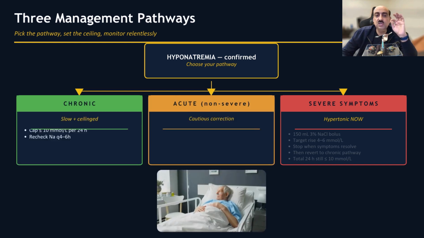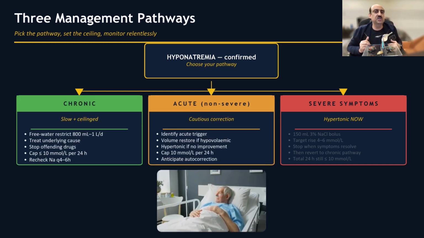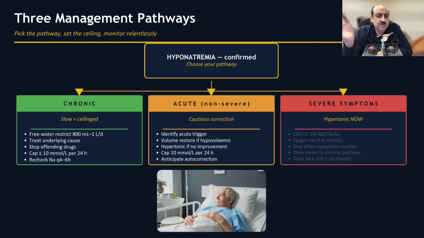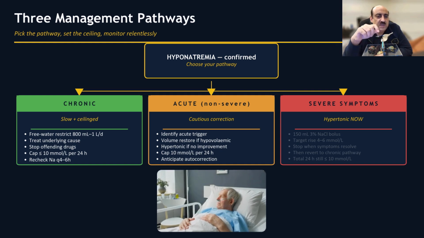Then acute non-severe, again, cautious correction. Identify the cause, look at the trigger, restore volume if the patient is hypovolemic, and frequent monitoring. Add hypertonic saline only if symptoms develop, and the same cap as the 24-hour normal correction, 8 to 10 in the normal population. High-risk population, 6 to 8 millimoles correction. Crucially, please anticipate the autocorrection. We'll come to that because a patient can overshoot,